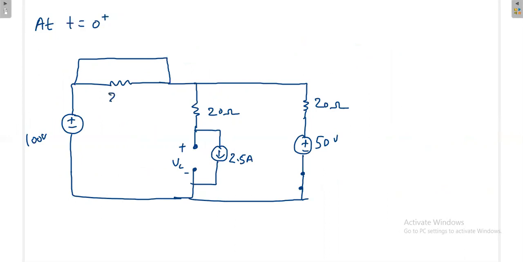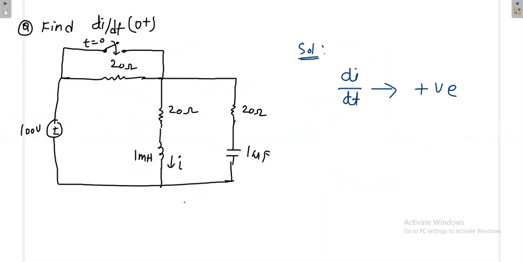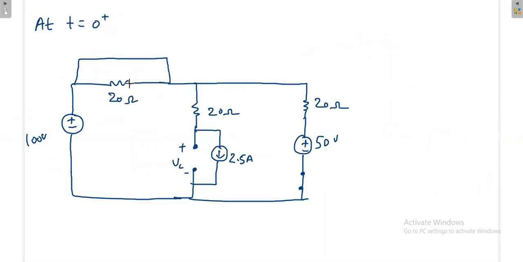Again this 20 ohm is here, and along with this 20 ohm, a short circuit path is there. This comes from the switching, because you are closing that switch. That's why the short circuit path is provided. If you have a resistance in parallel with a short circuit path, you can effectively remove that resistance, because 0 in parallel with anything is 0 only. So the circuit is something like this, and you can simply take the short circuit path.